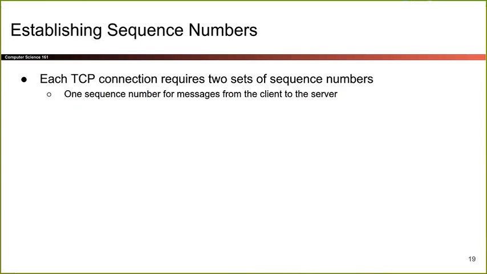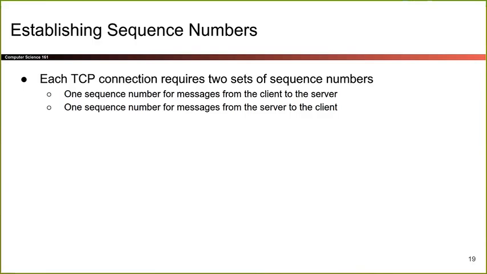So if Alice and Bob are pen pals, they're going to be sending packets back and forth. It's not like it's only one person sending, they're both sending. So because there are two people sending and receiving, we need two sets of sequence numbers. There's one numbering set for all the packets from Alice to Bob, from the client to the server. There's another set of sequence numbers for all the messages from the server to the client. So you have to keep track of two numbers, and the two numbers keep track of different streams, right?